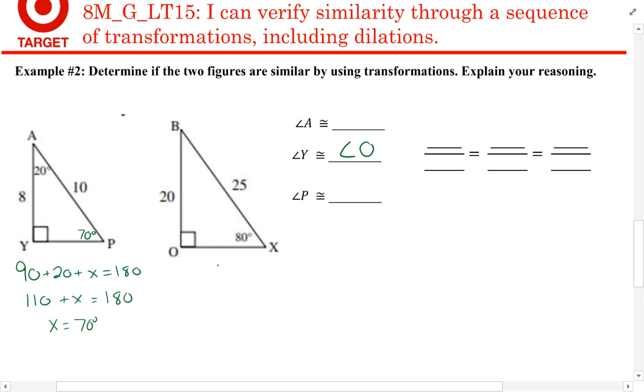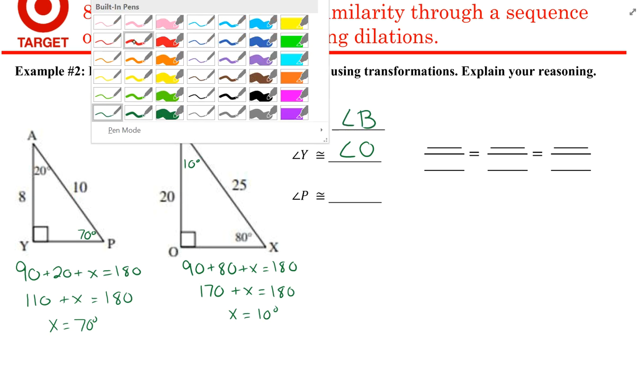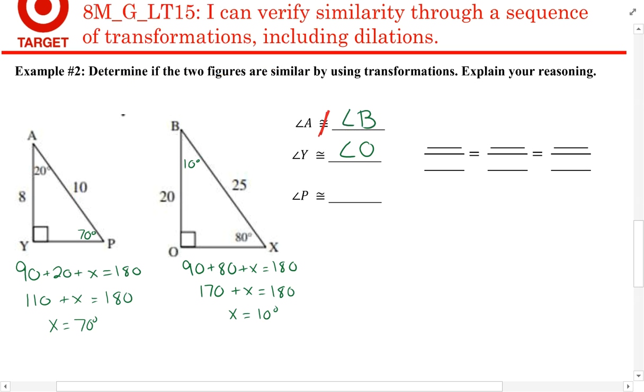All right, that doesn't seem to match angle x, so I'm just going to do some additional practice to make sure that I am on the right track because I want to make sure that I don't do anything wrong. All right, so I see 90 plus 80, and that's going to be 170 plus x equals 180. So that would mean x is equal to 10 degrees. That's definitely not congruent. So while angle A and angle B are in similar, corresponding locations, they are not